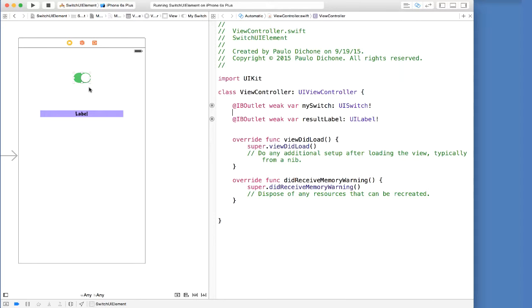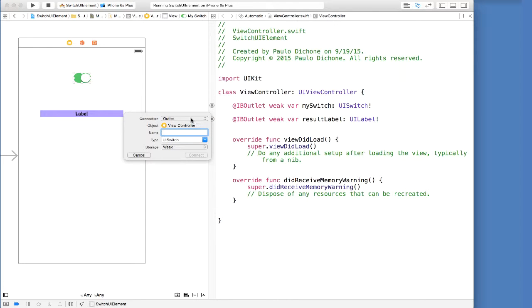All right, so a switch has two states, false, true, on and off. In order for us to fetch those states, we need to tie in an action. So what do we have to do again? Control-drag, and let go. And the other thing you notice too, before you let go, there's this text that says insert outlet, action, or outlet collection. What that means is that this element here can have an outlet, which we created just a few seconds ago, the mySwitch at the top. And now we are going to create the action, that way we can capture the on or off states.